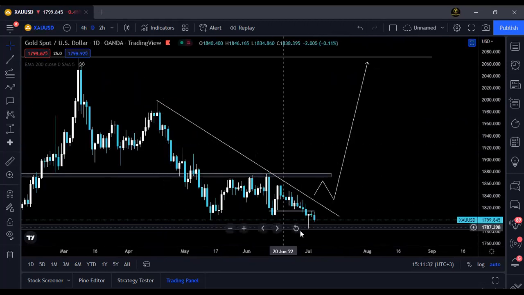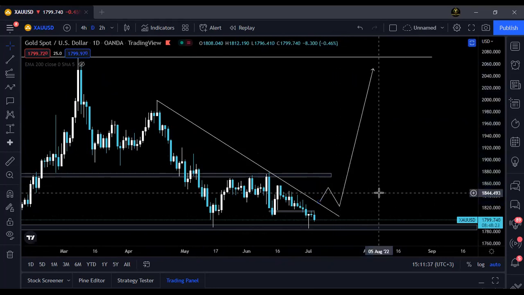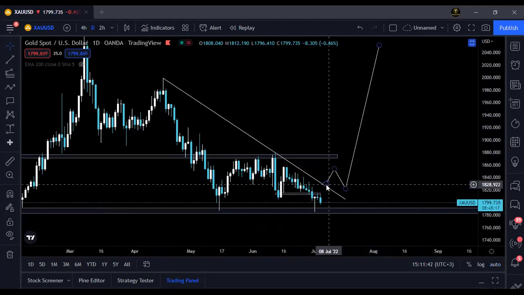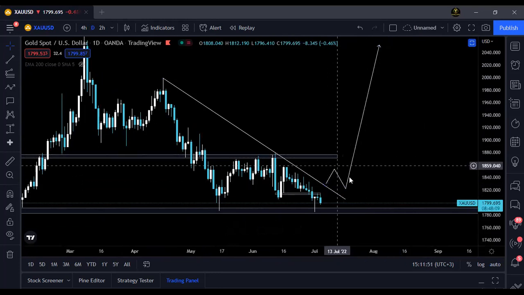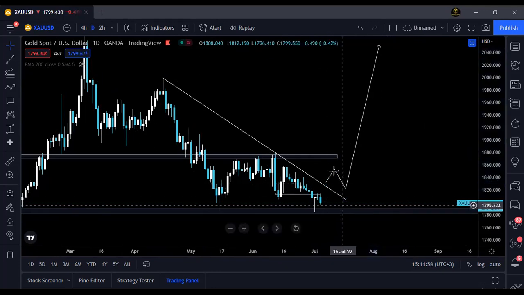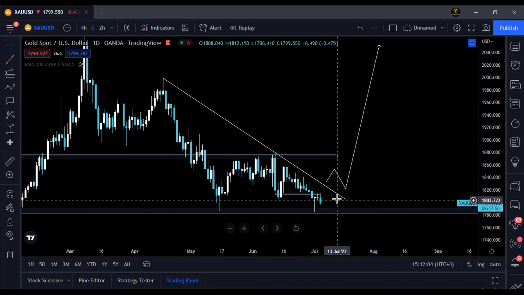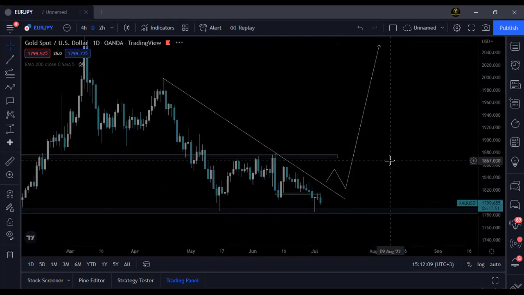We have gold. You can see now prices are pushing lower. My general bias was bullish when I analyzed this during the weekend. I was expecting to see the US dollar keep on falling so that this would be bullish, but then the US dollar is rising, so the US dollar is bullish and gold is falling. Let's see how it plays out. But my general bias is still bullish, obviously, because the US dollar move isn't that strong. It's not long-term, right? So my general bias is still bullish. I'll be taking my bias after prices break above this descending trend line. If not, if prices break below here, then we'll be looking for selling opportunities. That's gold.